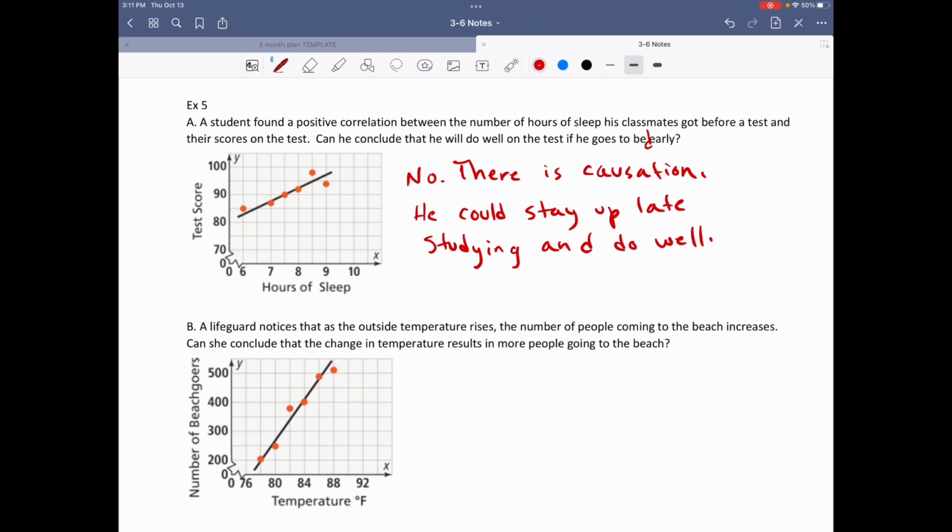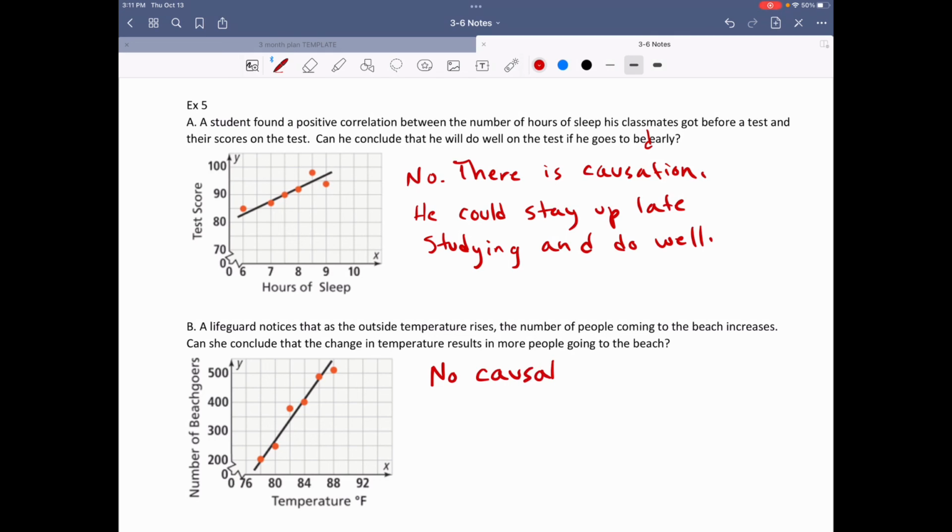A lifeguard notices that as the outside temperature rises, the number of people coming to the beach increases. Kind of makes sense, right? If it gets warmer, more people will go to the beach. Can she conclude that the change in temperature results in more people going to the beach? Well, not necessarily, because let's say that it's the 4th of July and it's really foggy outside. Maybe people will go to the beach on the 4th of July, even though it's foggy and cold. So no,